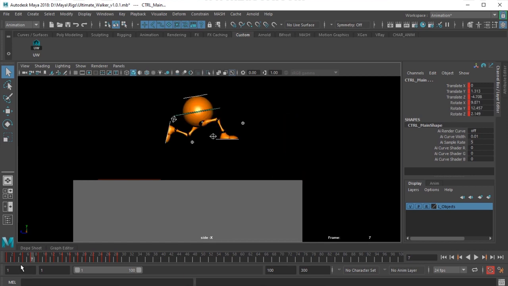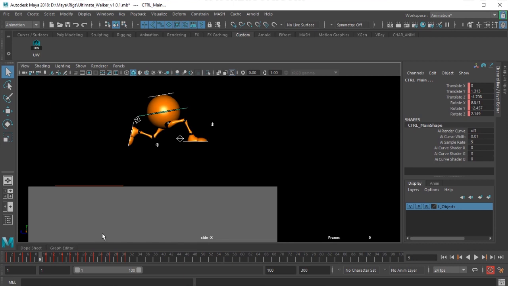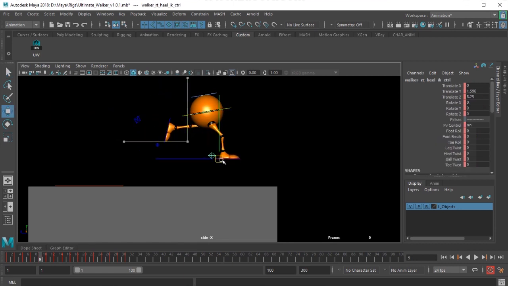Okay, between these two poses, I need to set up a pose. So I select this control, move it forward.